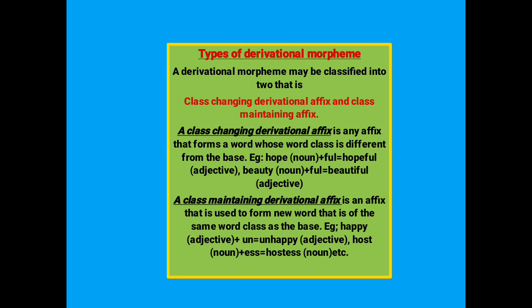For the example, we have happy. Happy is an adjective. When you add the affix un, it becomes unhappy, which is different from happy, but it remains an adjective. Host as a noun plus the affix ess will give you hostess, which is also a noun. So this is all about a class-maintaining derivational affix. And we are moving on to